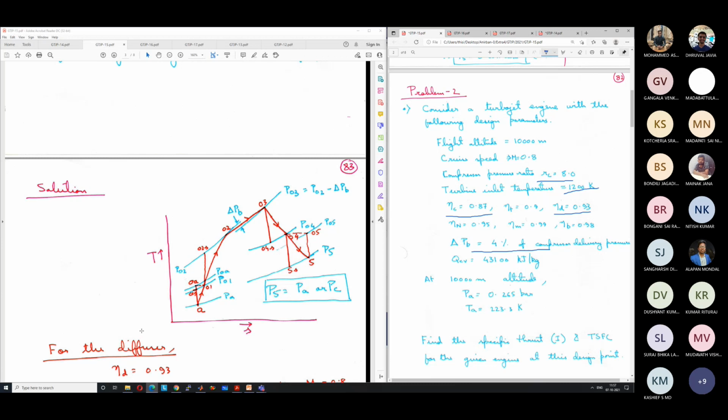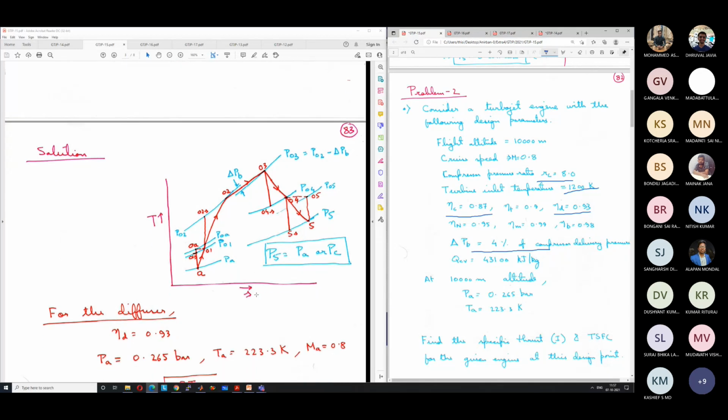Is this clear to everyone? We'll go through the solution process and numerical values, but the understanding is more important. Numerical values, anyone can plug in and calculate. It does not take too much intelligence to do that. But what is the sequence of calculation? Once you understand the diffuser and nozzle process, other parts are very familiar to all of you. So not much difficulty is there.